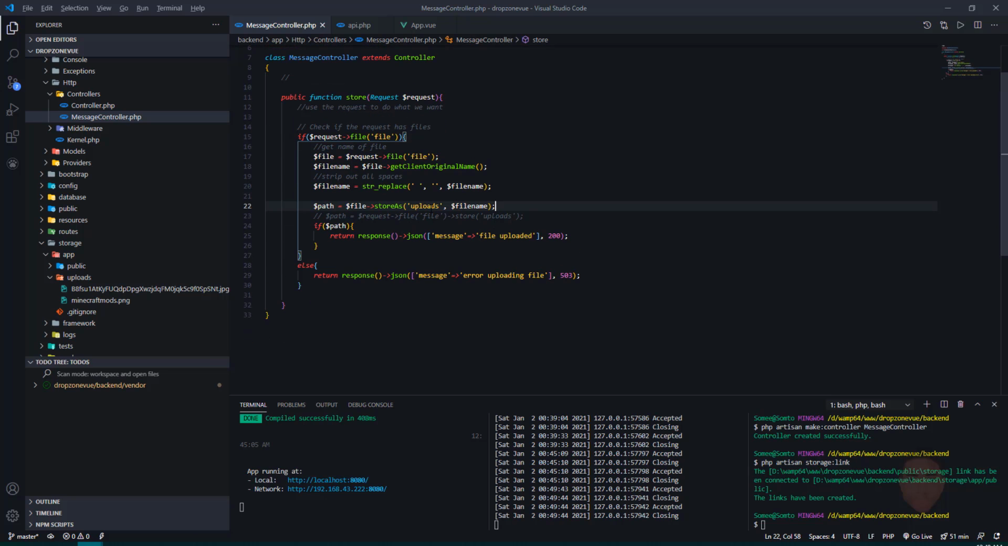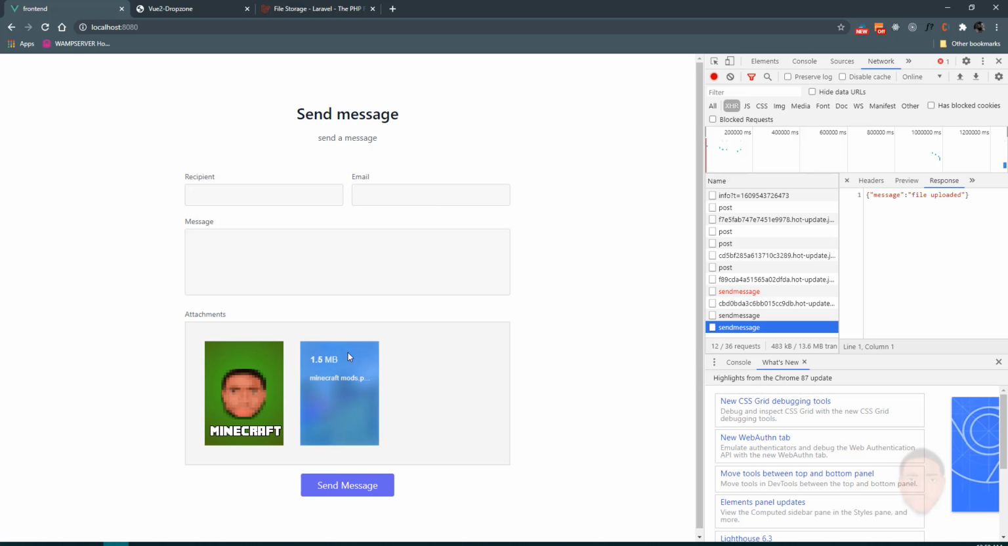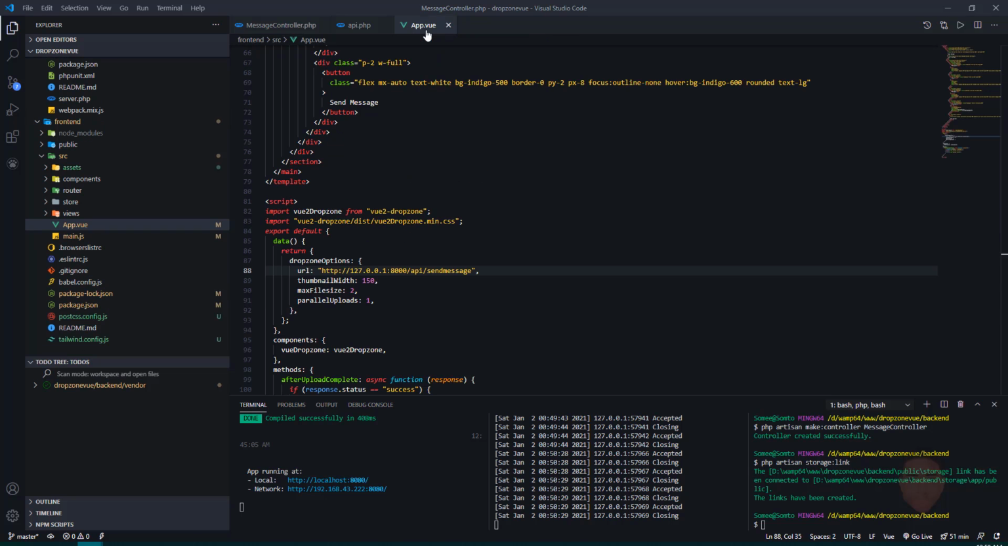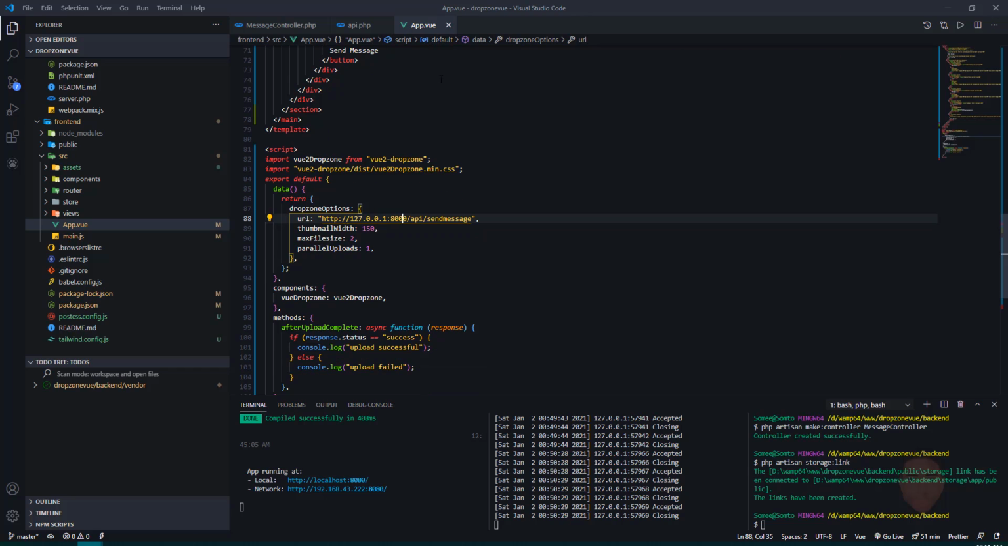So we've been able to implement the upload, but this is only just single files. Let's see how we can implement multiple files to be uploaded with just one request. So how we're going to do that is, first of all, we're going to go to the app.view